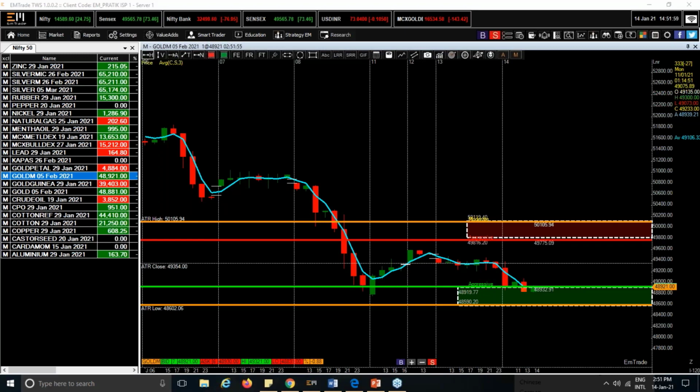If break, so this is your simple 3 candles moving average. So yes, Tiger, if price breaks the moving average upward, along with your support band, this is your support level for the downside 2 levels, that's an aggressive buy. So definitely we can take the trade for the long for Gold M.